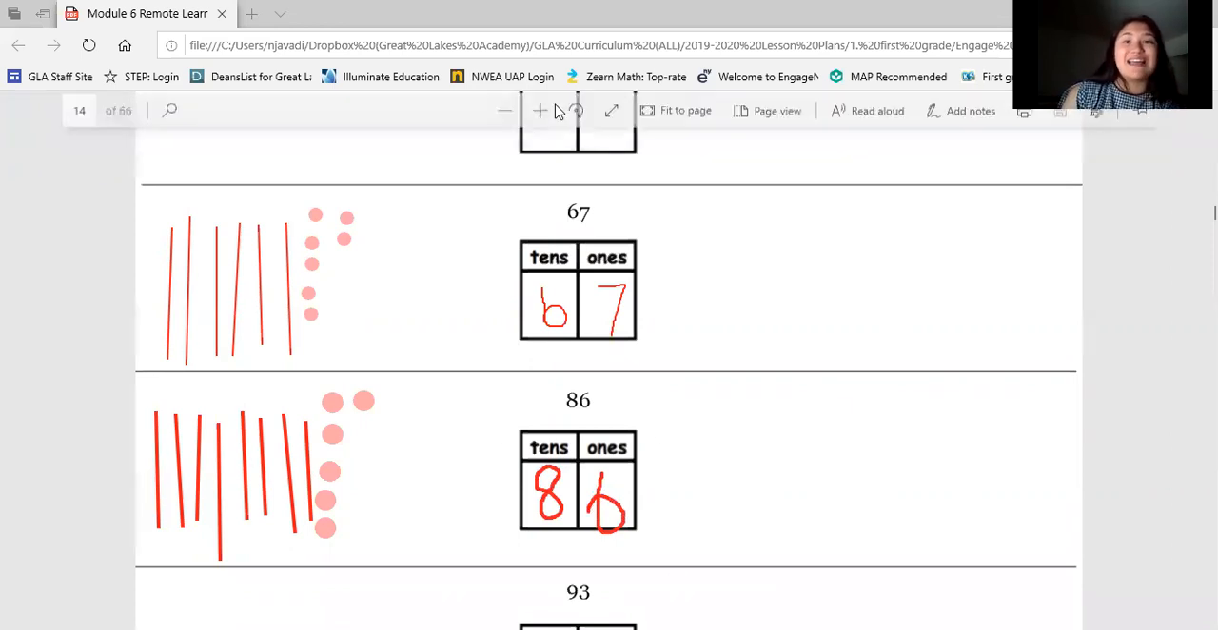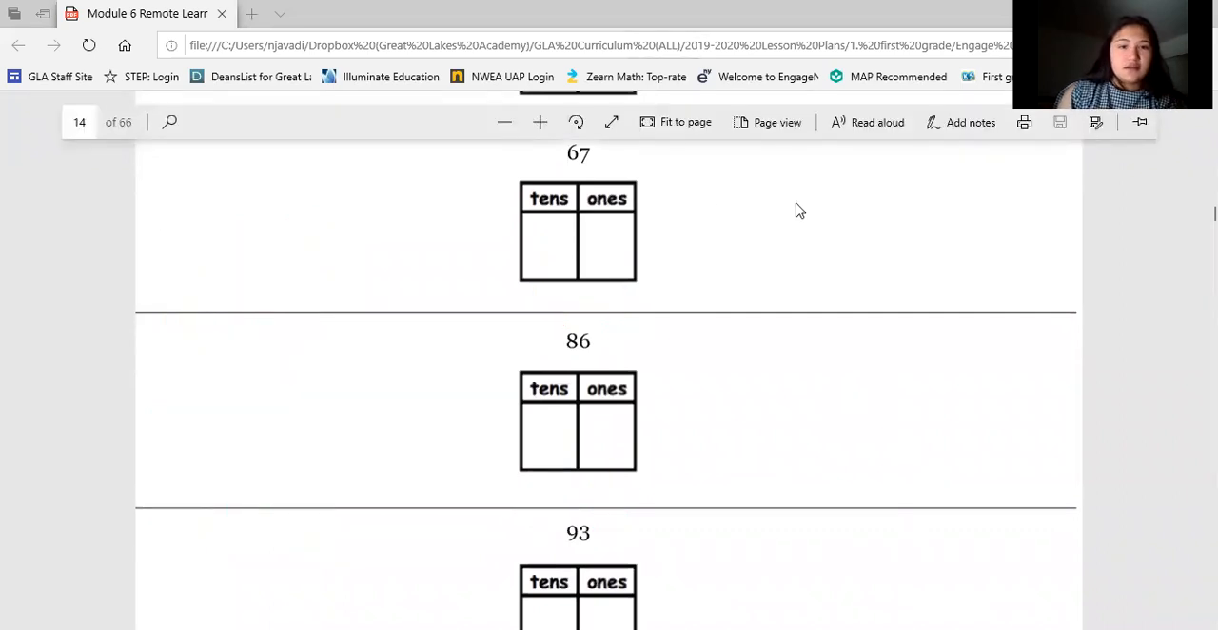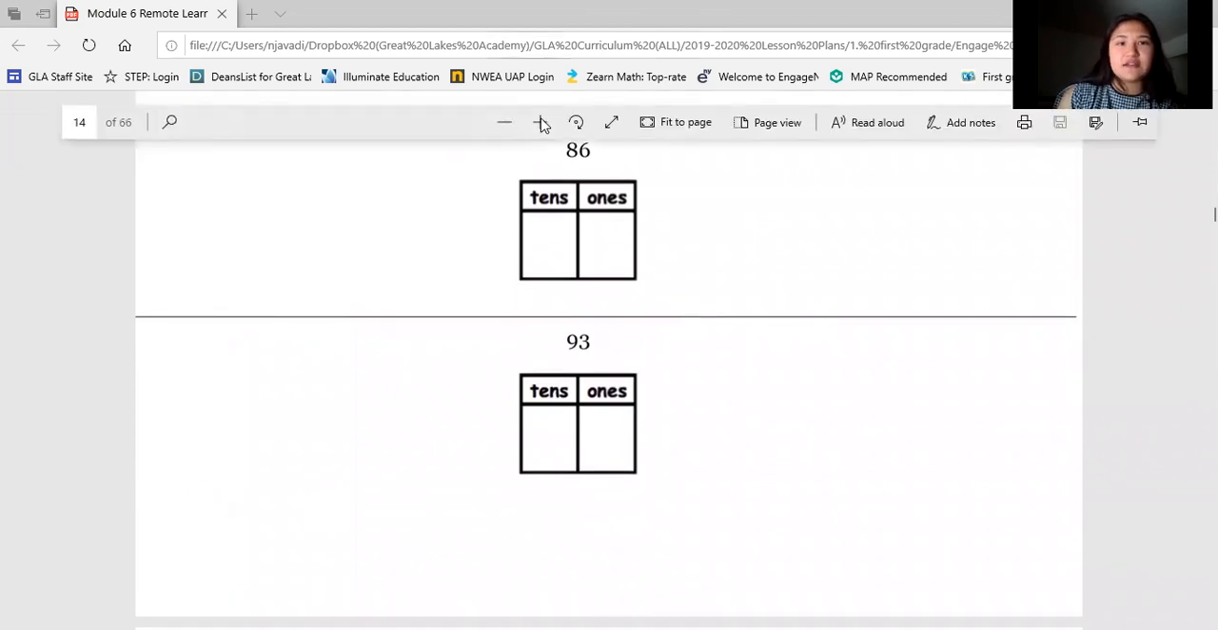I'm moving on to the last one. The last one, the number is 93. So let's break up 93 into tens and ones first in my head. If I did that, I would get 90 and 3. So I need to draw 90 using quick tens and ones. It looks like 10, 20, 30,